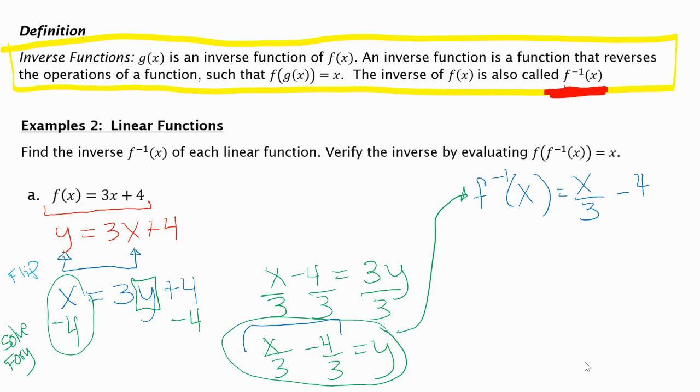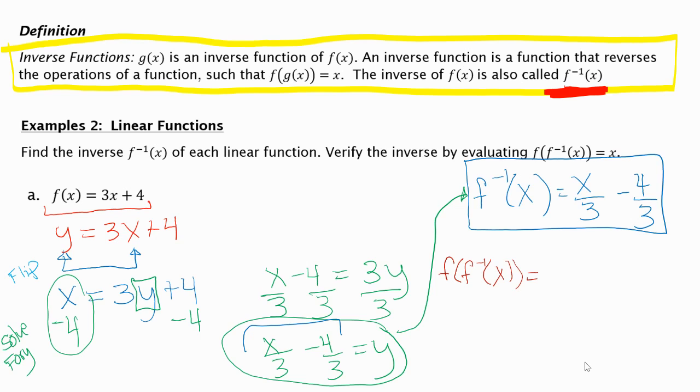And so this is the inverse function of that function I started with. So this function undoes all the operations of the other function. If I wanted to verify it, and again, you're not going to have to verify it every time, but just to kind of show you algebraically what happens, if I was to verify it,